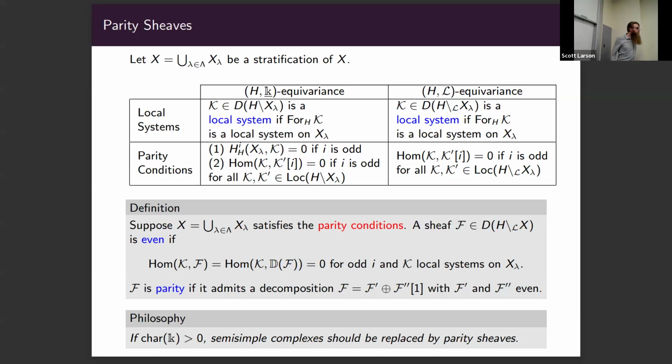Can you say how the condition works out on these two methods criteria? Like how much stronger is it than just asking for even dimension? So yeah, I think this is a great question. In the case that your stratification is simply connected, so there are no non-trivial local systems, all the parity conditions are stating is that the cohomology is concentrated in even degrees. So it reduces just to checking the cohomology of the strata. In general, you might have non-trivial local systems, and you have to compute the cohomology with respect to that local system, which isn't much more, but is